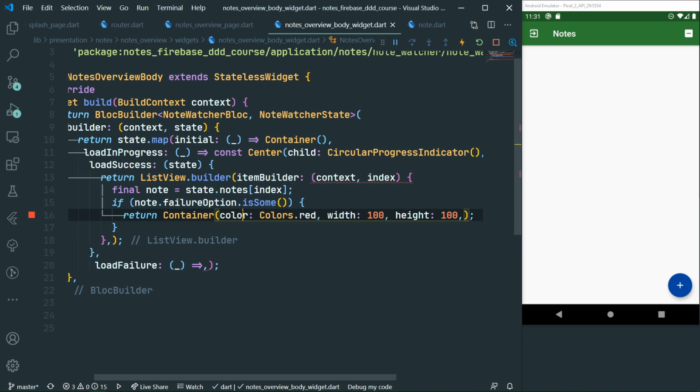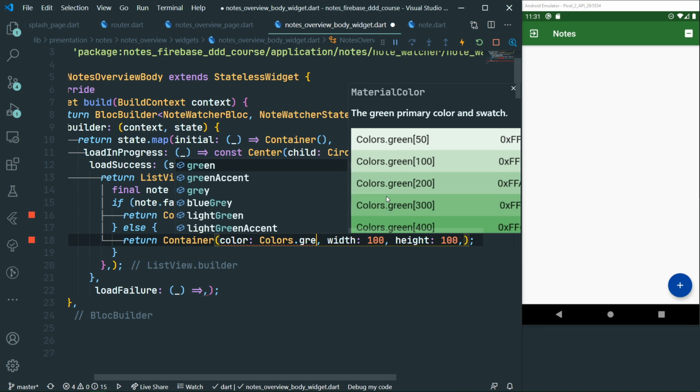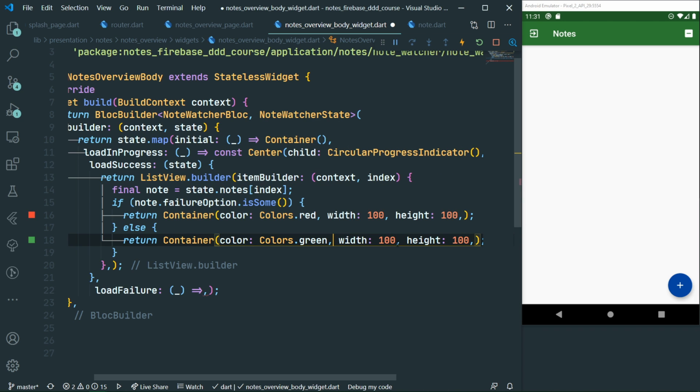And of course, we are going to change that later on in this tutorial, in this part. And if the data is successful, we're going to return a different kind of container for now, but later on it's going to be the actual node card, which will hold the correct data and display it to the user. All right. Now we have handled the initial state, which doesn't display anything, load in progress, and load success, but we